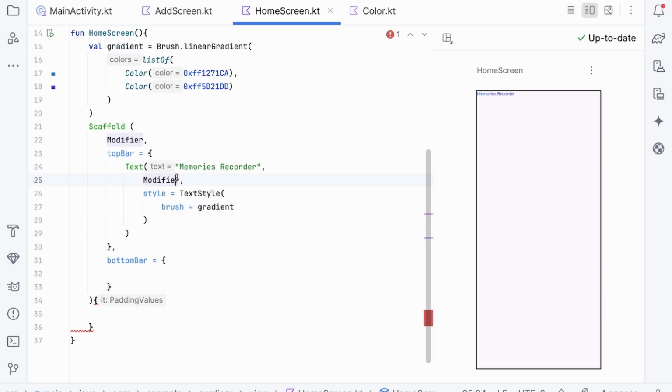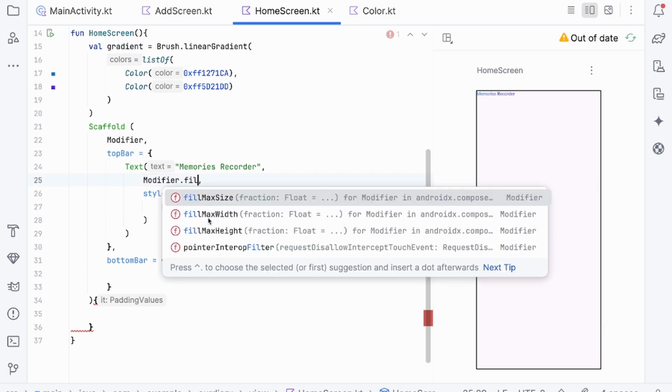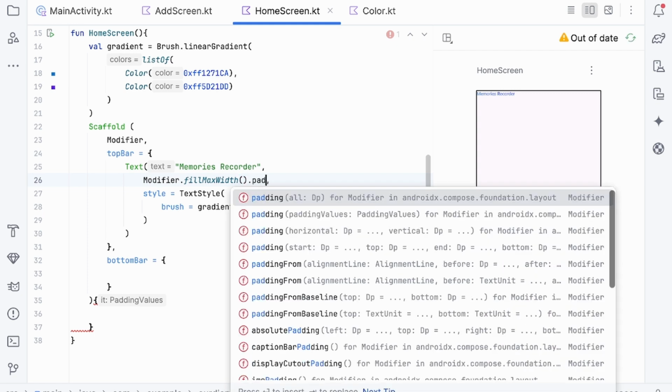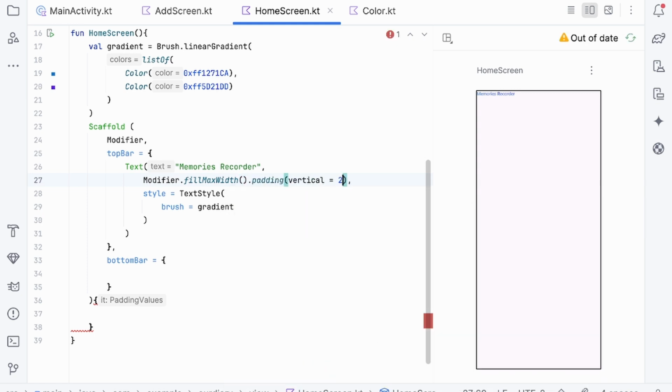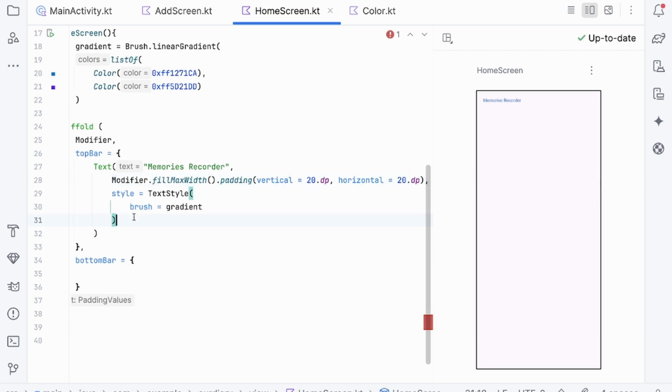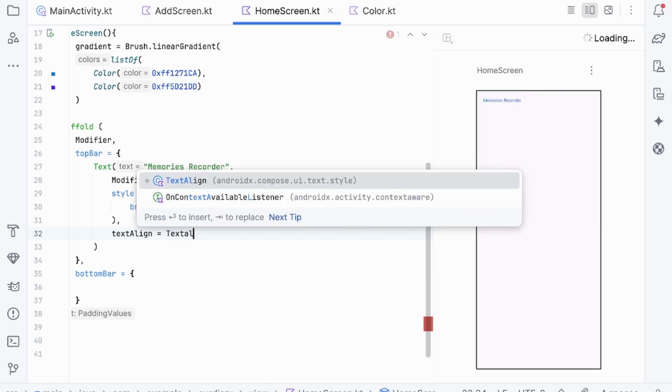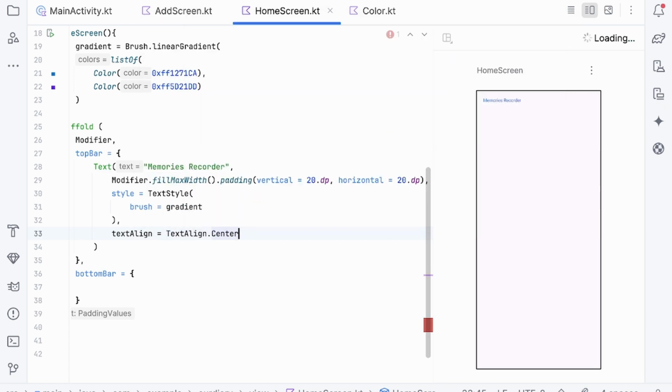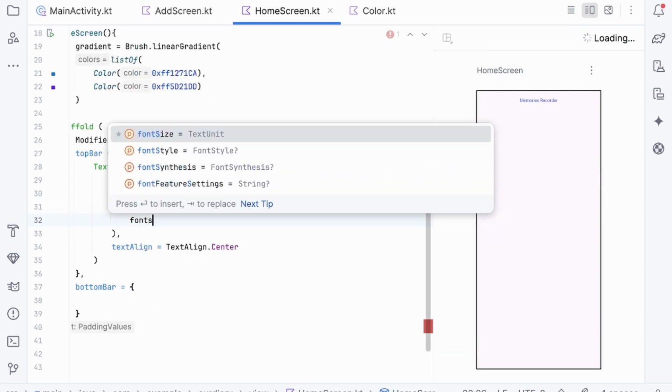right? It's just a full max width and padding vertical 20 dp. We need to import the dp here, and horizontal 20 dp. Once it's done, text align dot center. Fine. We can increase the font size also. For the font size,